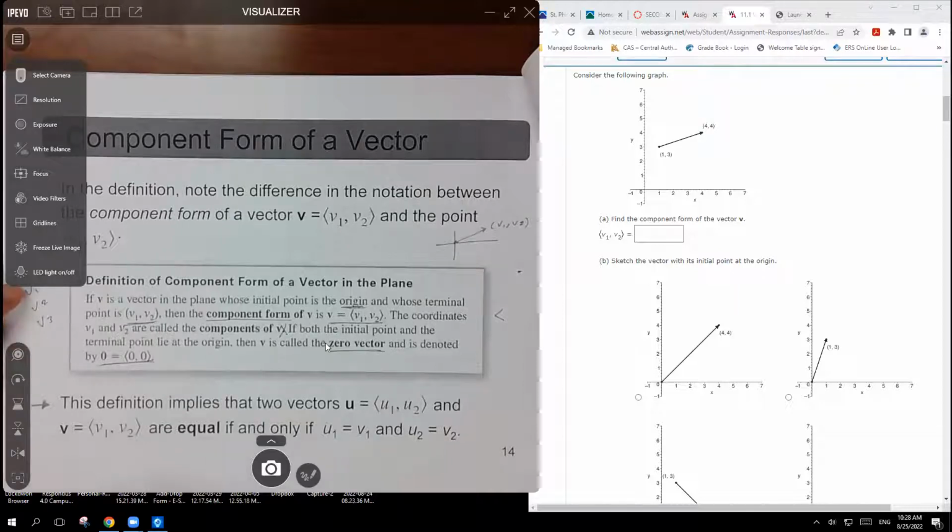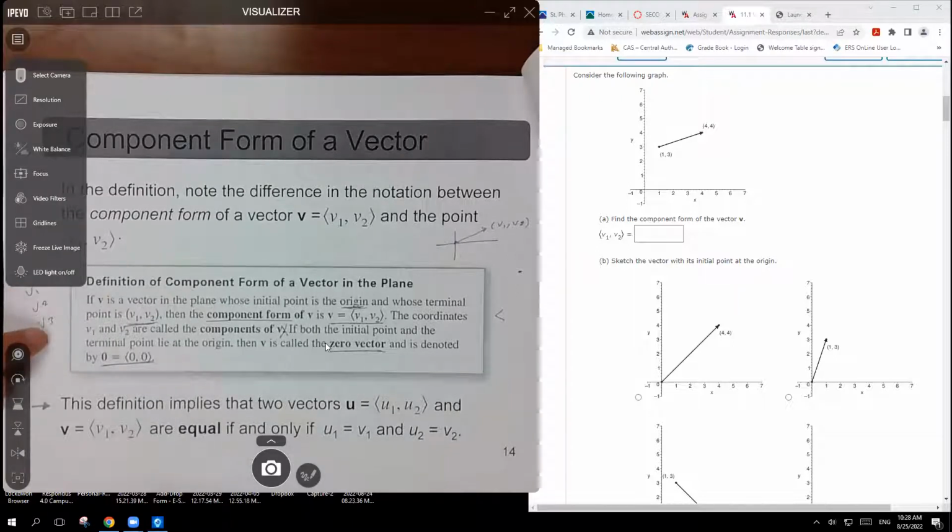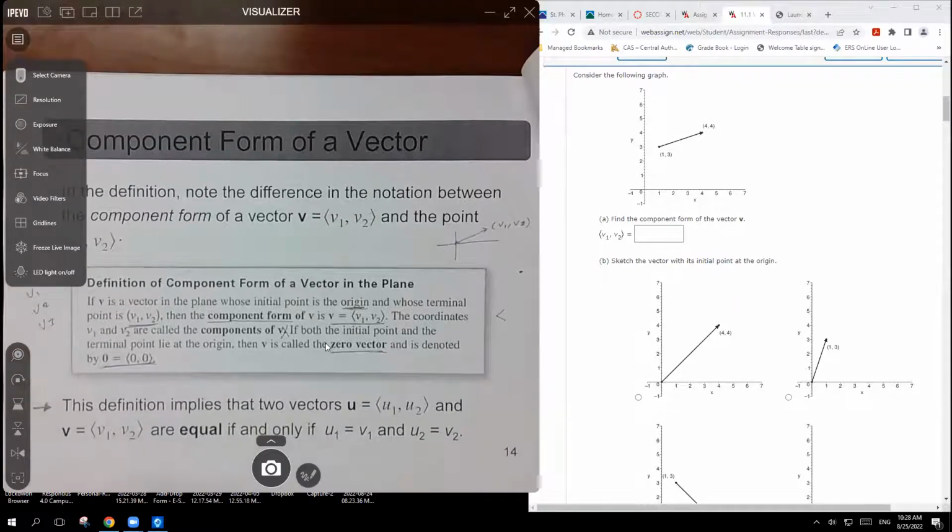You have to find the distance between V1, V2, and V2, V3, and V1, V3, and find the slope between them. So it's going to be a lot of process, but there's a theorem that says,